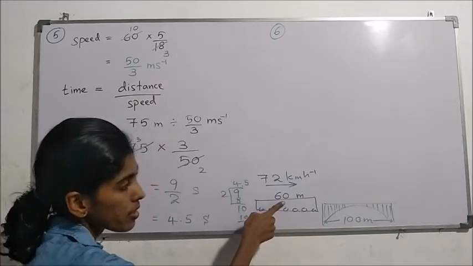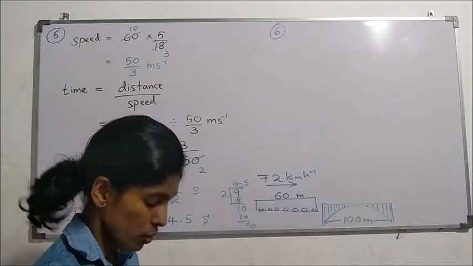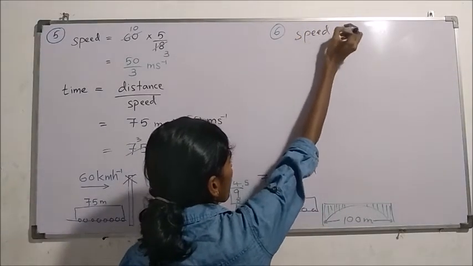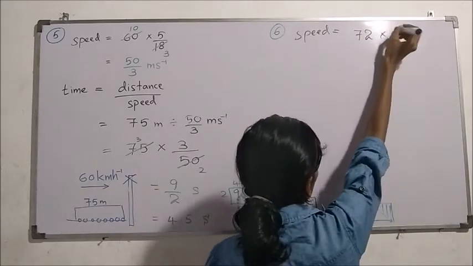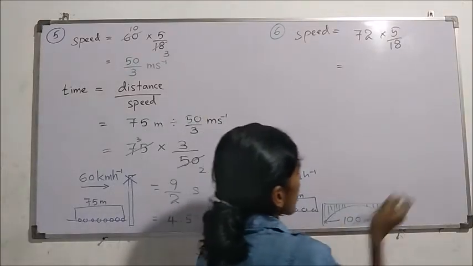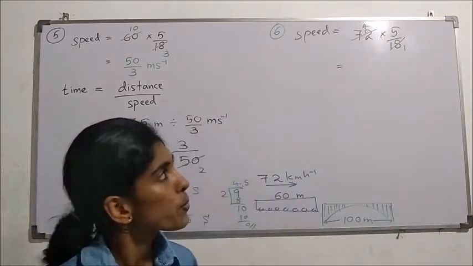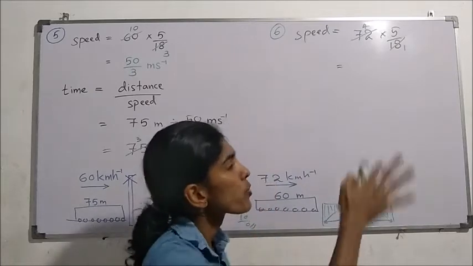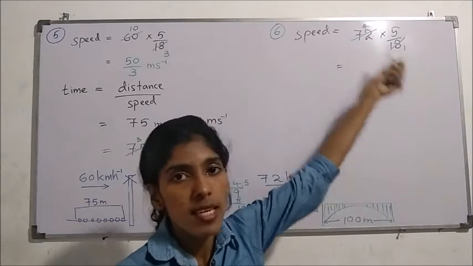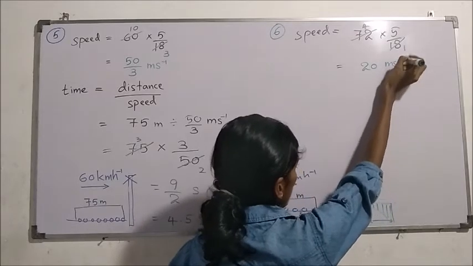Anyhow, you can see the distance is given in meters but the speed in kilometers per hour. Units are different, so we better first convert the speed. 72 multiplied by 5 over 18. Here 18 times 1, here 18 times 4. If it is hard for you to get this answer directly, you can divide by 9, by 2, step by step, and get the same answer. 4 times 5 is 20 meters per second.